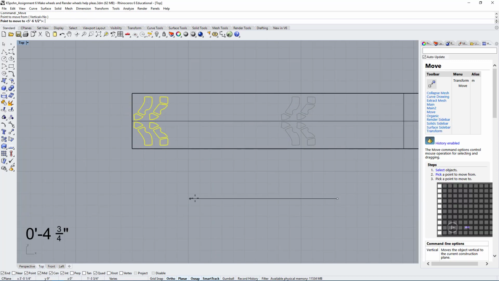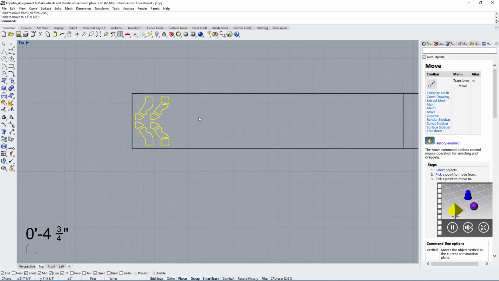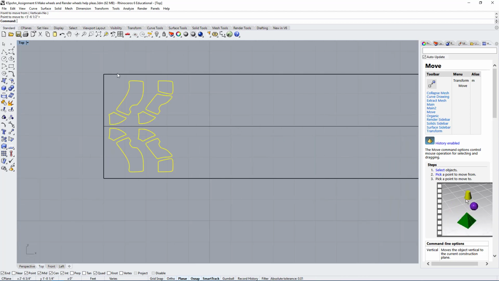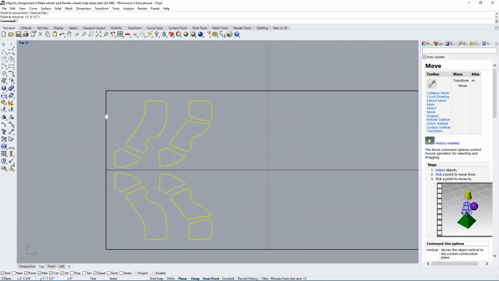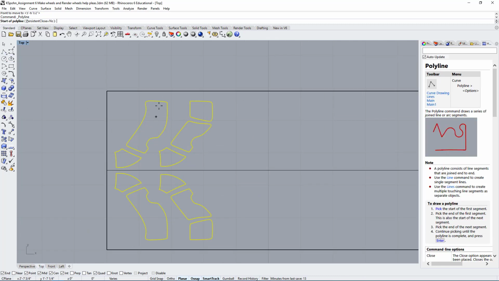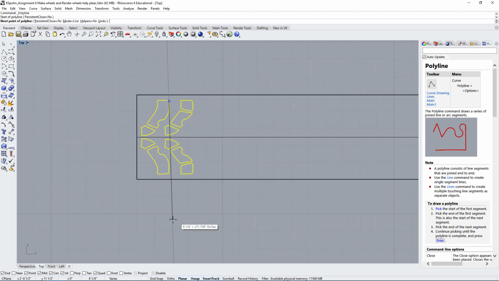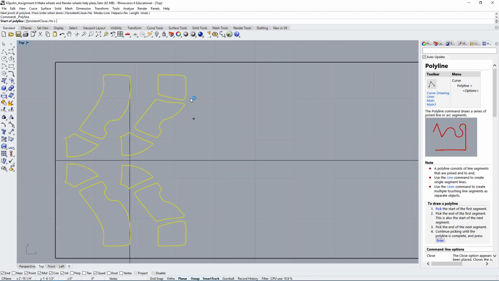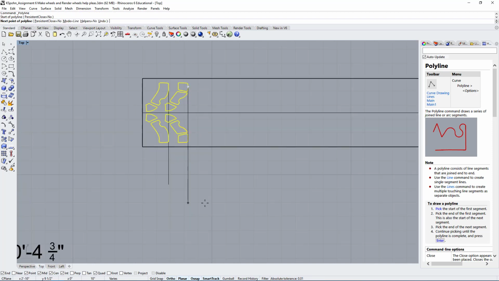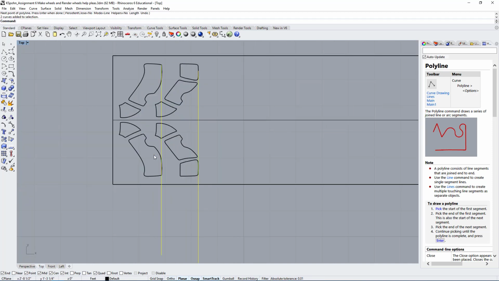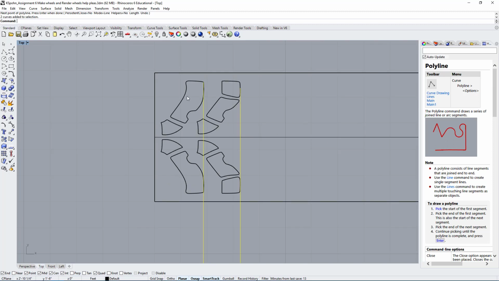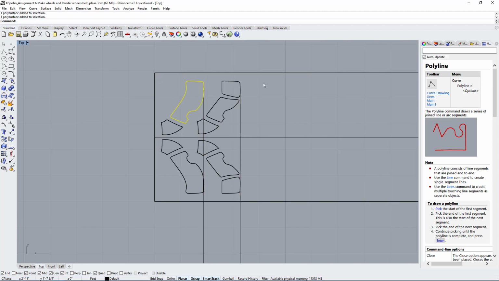So now we need to repeat this pattern multiple times. We can select it, and try to figure out what's the distance between these patterns. It looks like the distance would be from, let's say, the furthest point to the next furthest point, which would be somewhere up here. So this is just about the distance between each of the repeating pattern, right? So it changes. Here this is one pattern, here this is a different pattern, but the spacing between them is around this proportion.